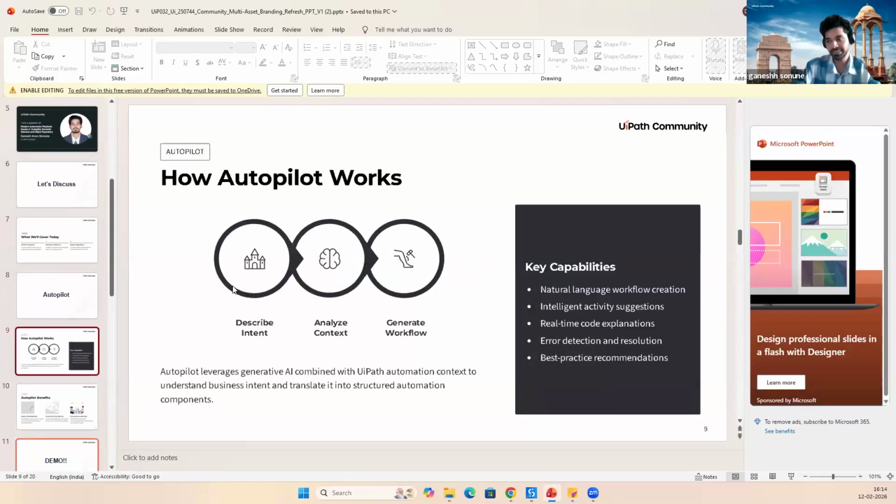Autopilot, as I said, you describe intent, it analyzes context, and generates workflows.